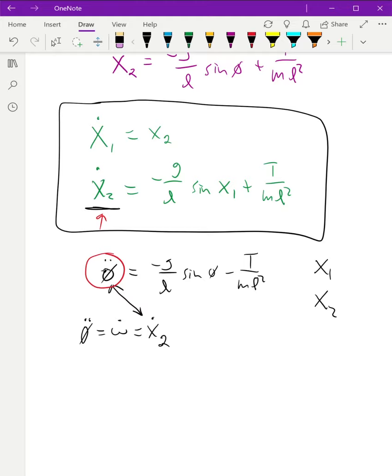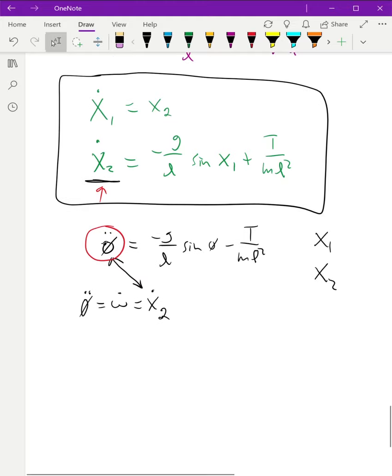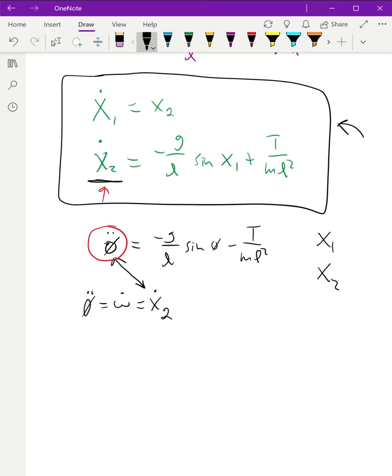Okay, moving on to equilibrium. So this is state space, right? Moving on to equilibrium,